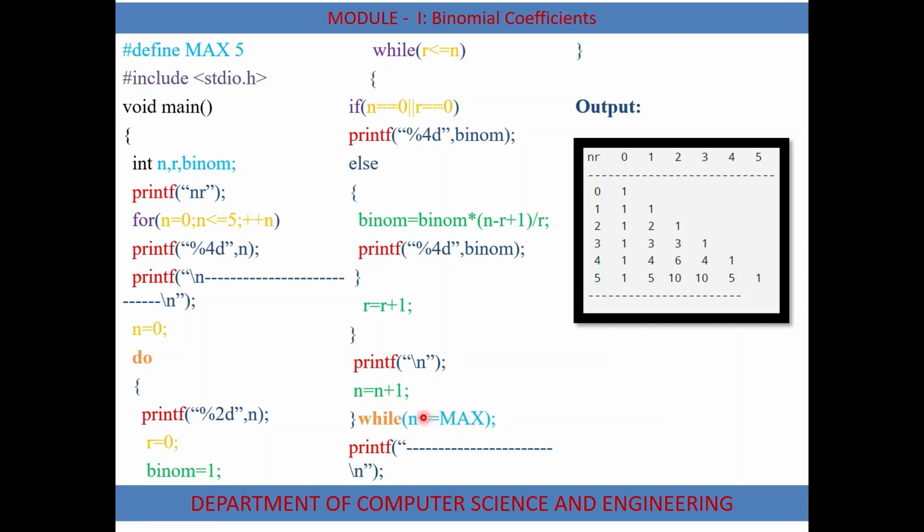So when we get 5 here, 5 less than or equal to 5, yes, again this whole operation will be performed for the value n equal to 5. When n is incremented by 1, that is when n becomes 6, is 6 less than or equal to 5? No. The condition is false. In that case, the control comes out of this loop and jumps to this section, that is printf. Print this line, which indicates the end of this table. So this is the output for this program where the value of max, the constant value, is 5.